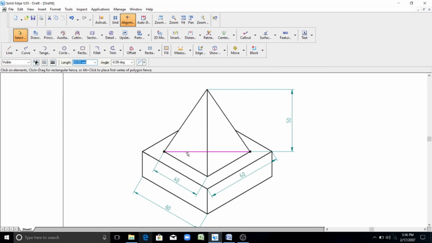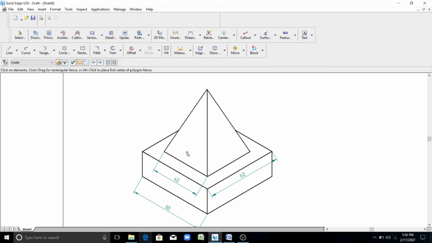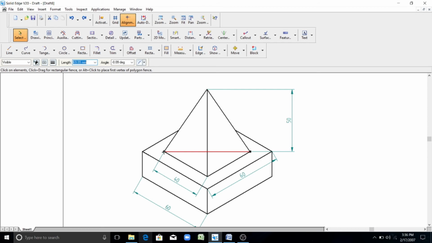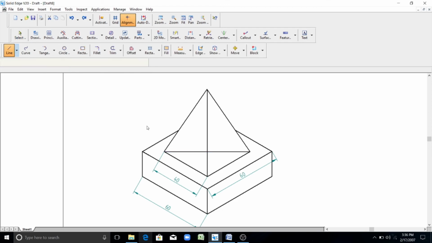So now it will not look good. For showing the dimension, I will keep this much length line only. I will trim the unwanted lines here.